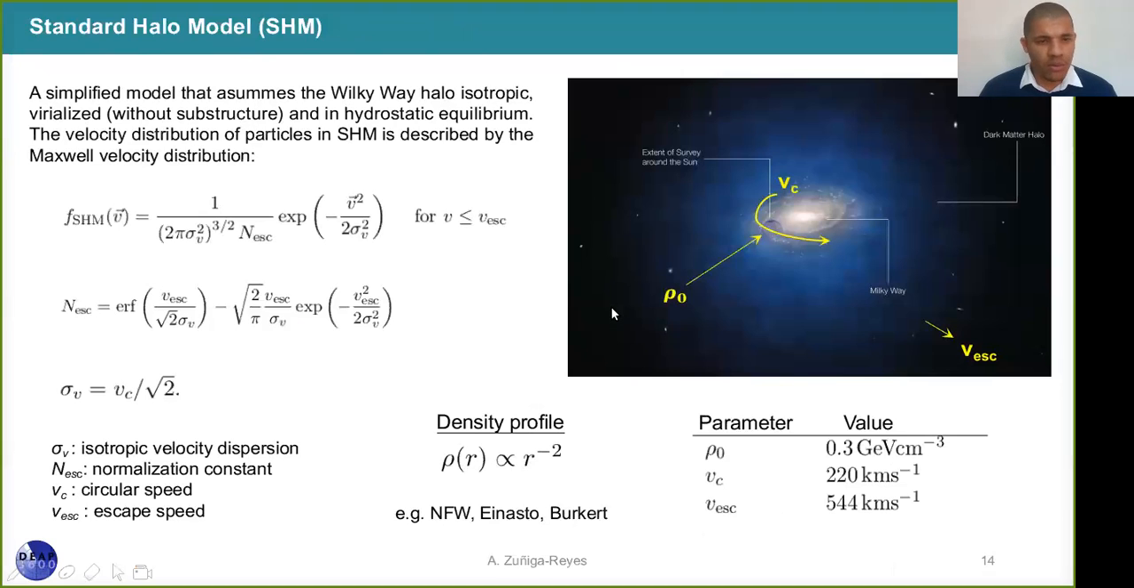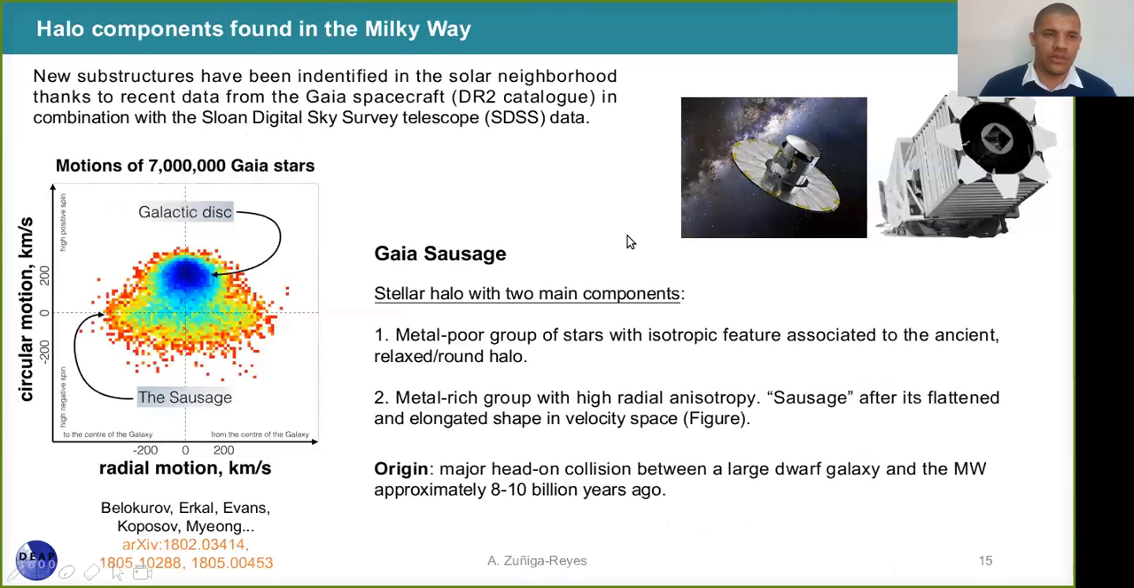But the standard halo model is not that simple, because recently new substructures have been identified in the solar neighborhood thanks to the data from the Gaia satellite. And this data has been combined with the data from the Sloan Digital Sky Survey. The first substructure that I want to talk about is the Gaia sausage. Analyzing the stars of the halo,